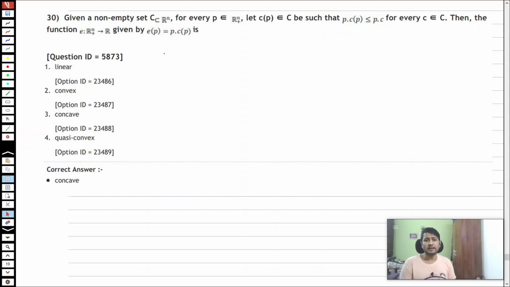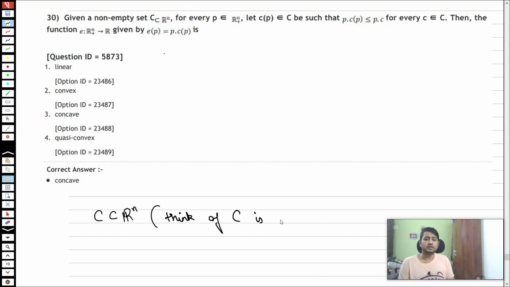Question number 30. In this question, they have asked about something defined in very complicated terms, which is similar to an expenditure function. So let us go by this definition. They say that given a non-empty set C which belongs to Rn, so C which is a subset of Rn,